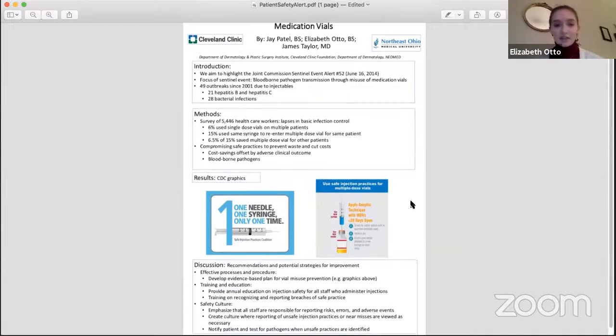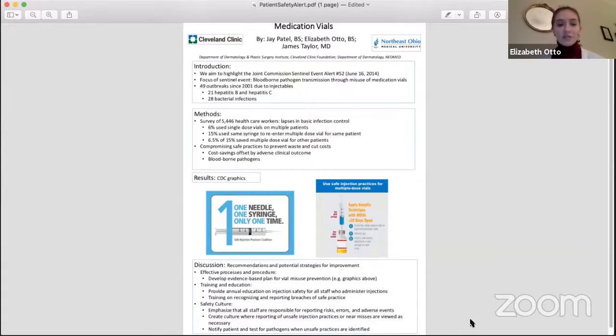On the left, they have the recommendations for single dose vials, 1 needle, 1 syringe, only 1 time. And on the right, you see safe practices for multiple dose vials, starting with scrubbing the rubber septum with an antiseptic, allowing it to dry, and then using only 1 needle and only 1 syringe each time you use the multiple dose vial. For our discussion, we talk about recommendations and potential strategies for improvement, including developing evidence-based plans for